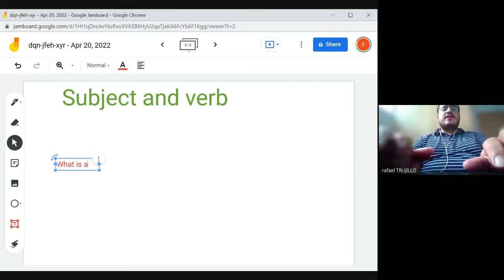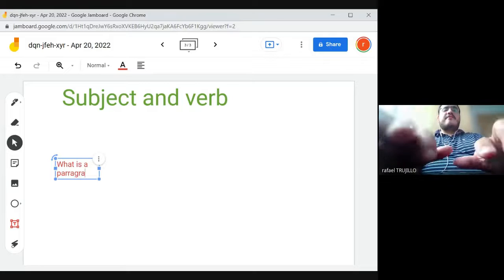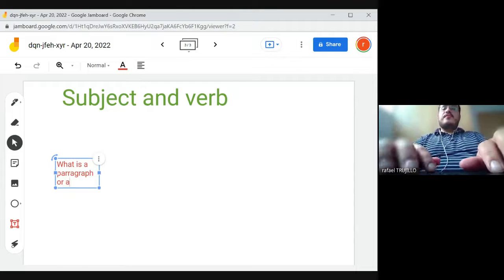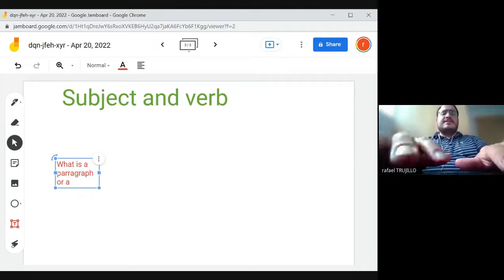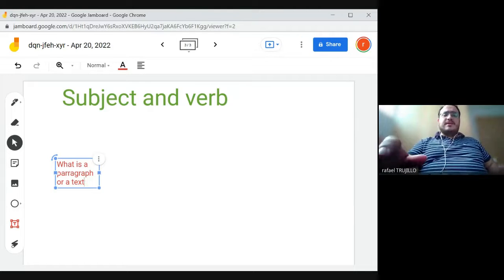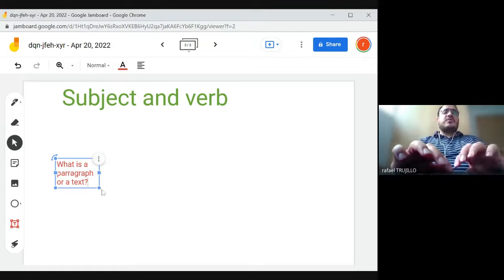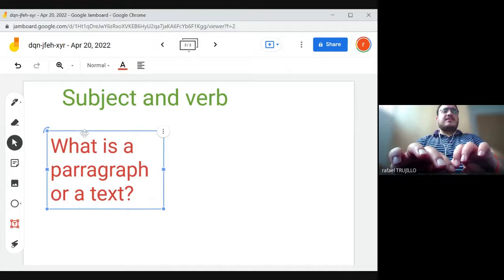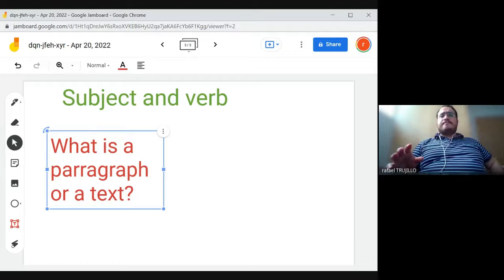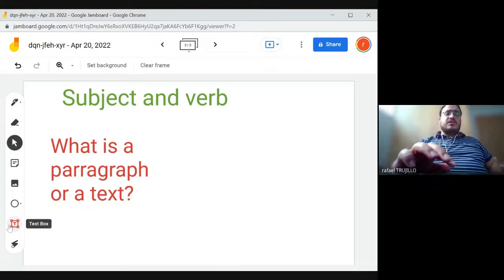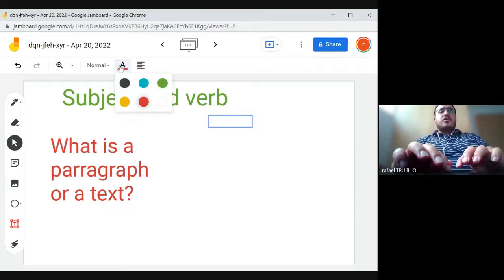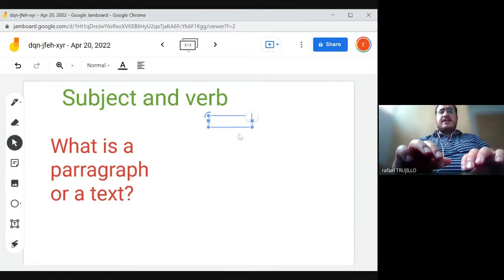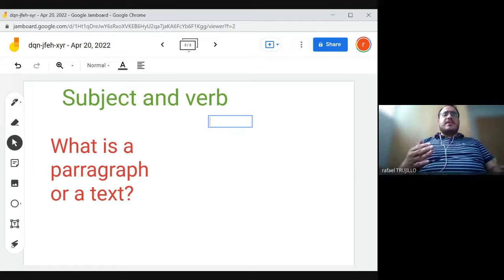What is a paragraph or a text? What do you think it might be? ¿Qué creen que pueda ser? What is a paragraph in a text, grammatically speaking? What do you think it might be? Well, it is pretty easy, obviously, because we can basically define a paragraph or a text by saying that